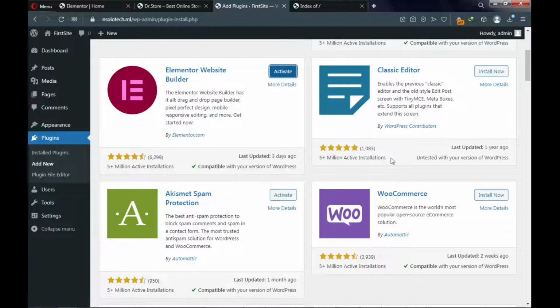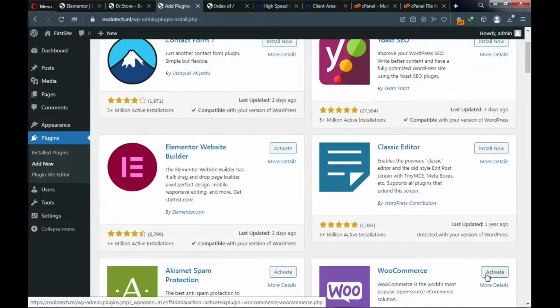Okay, now the next one is WooCommerce. The same thing. Click on install and wait for that one too. Okay, WooCommerce plugin too is installed. So the next thing we need to do is to go to installed plugins,